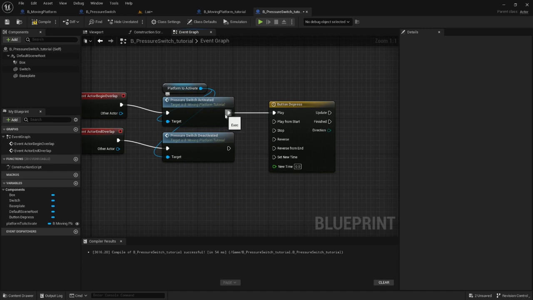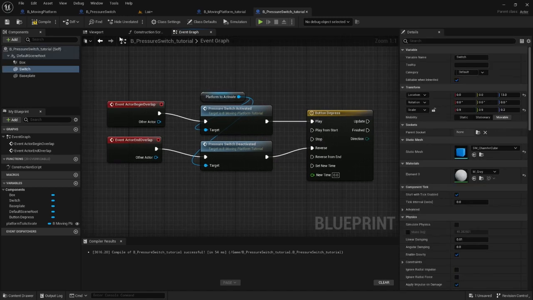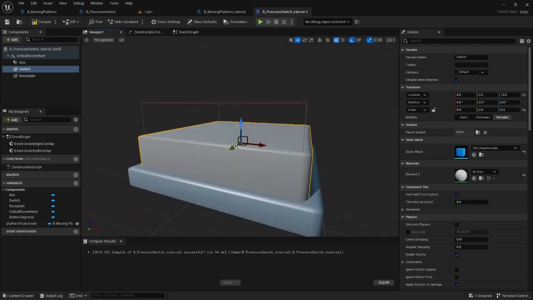All right, and when it's activated, it's going to play. And when it's deactivated, I'm going to hit reverse. So unlike before, where we had it do play from start and reverse, or no, play and just stop, now it's play and reverse. So going back into our viewport, we're going to select our switch, and we're going to see that at its